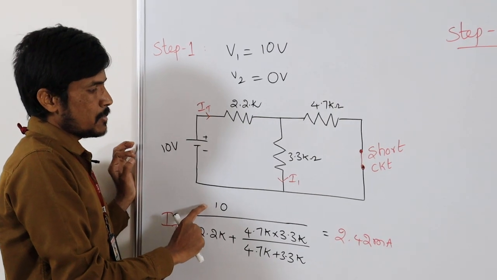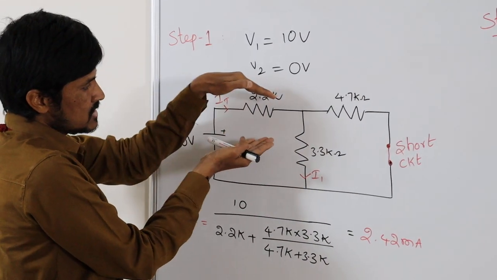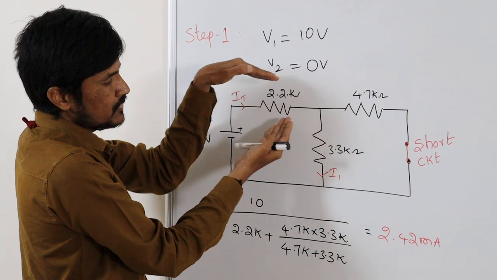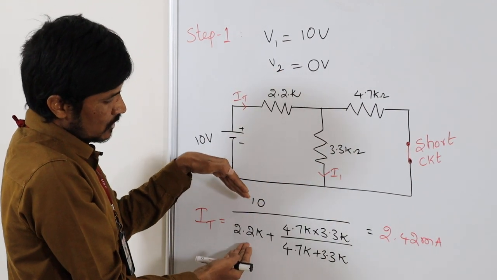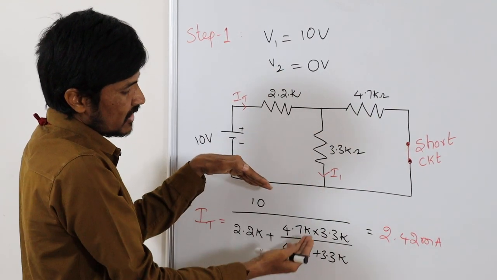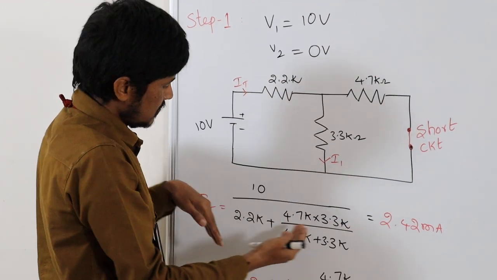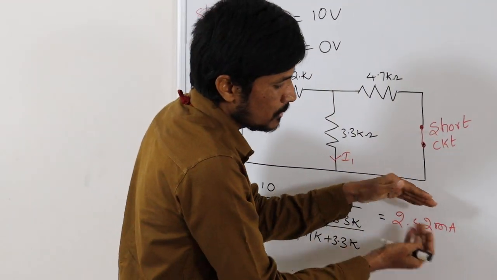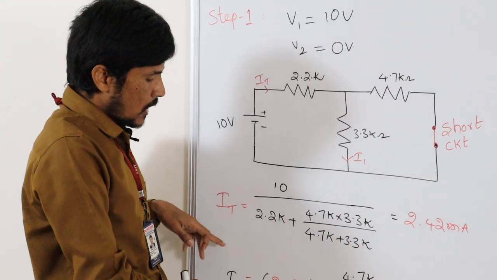Input voltage divided by R equivalent. If we enter into the circuit, these two will be in parallel and this will be in series. So 2.2 kilo ohms plus R1 R2 by R1 plus R2, that I have written here. So you will get the total current as 2.42 milliamperes. Now I1 is equal